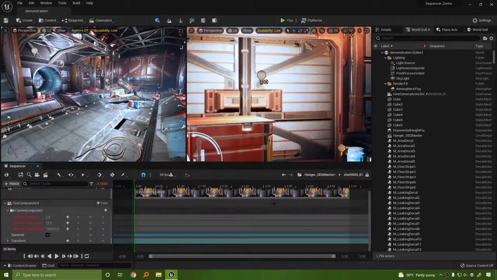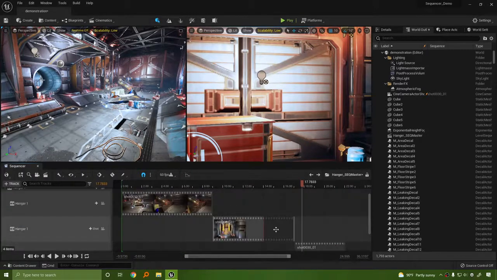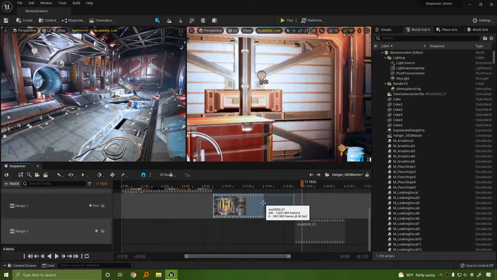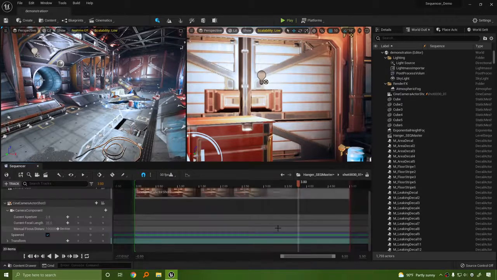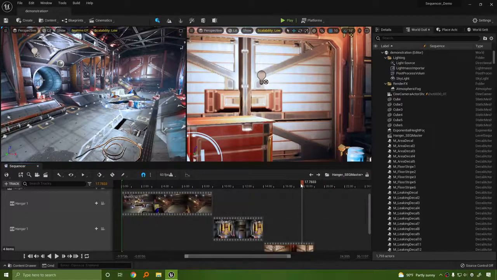This has to do with our ins and outs, so no worries about that. Let me back up a little bit. There we go. And let's bring this in. Cool. So if you noticed, as we scrub our timeline here, the cameras will appear and disappear. See how the names of the cameras change? This is the danger about making multiple shots or multiple levels. I'll do a full workflow of this so you guys have an opportunity to see,